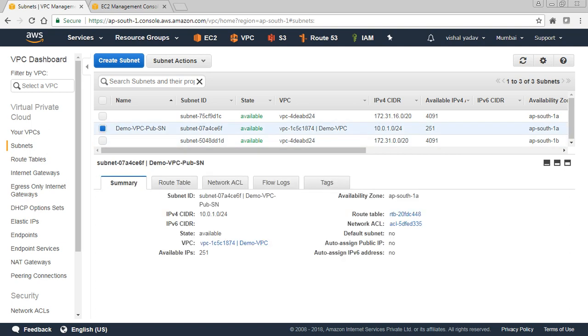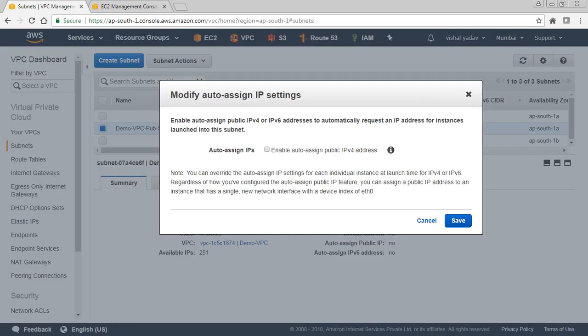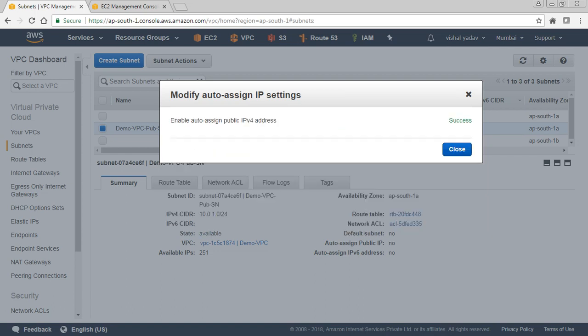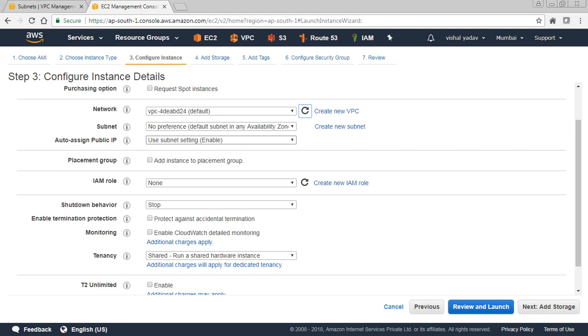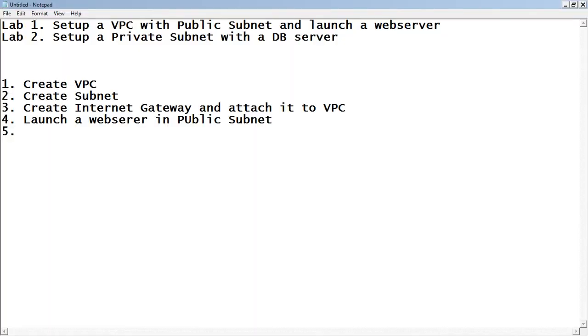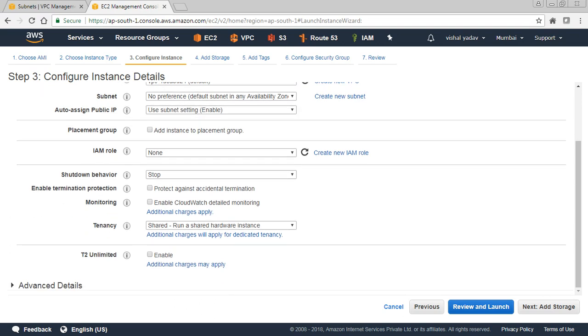So we'll select the subnet, go to the actions, and modify auto assign IP settings. So enable auto assign public IPv4 address. So once done and once refreshed, you will get it use subnet setting enabled. So we can mention this in a step so that you don't forget while you do the practicals yourselves. So create subnet and enable auto assign public IP. Cool. Okay, so now by default the machine will get a public IP,